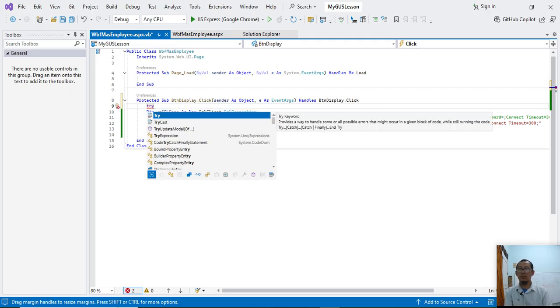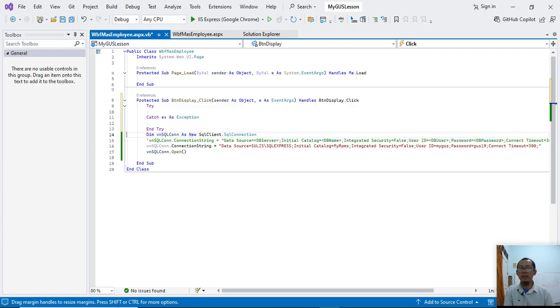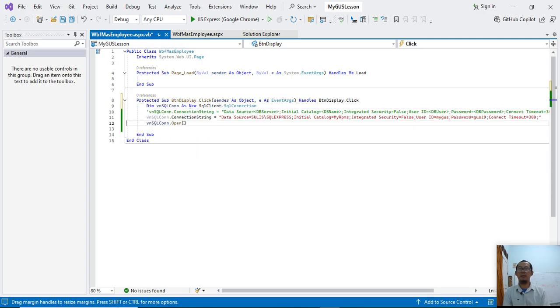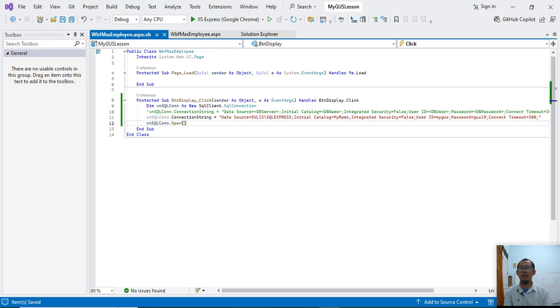Everybody, if you find something that you don't understand, I think you don't have to understand it now, but just follow the step, okay? This try, catch is a syntax to catch error. Okay, maybe I will show it another time. Okay, let's display data.